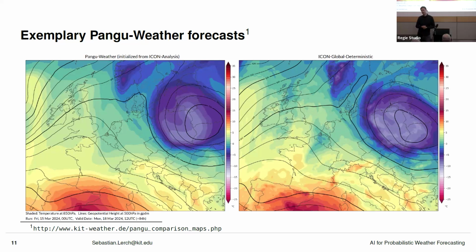So what we are doing, we are running this Pangu-Weather model quasi-operationally every day, and we start this from initial conditions from the physical model of the German Weather Service. So you can see two forecasts here. Left-hand side is the AI weather model forecast started from the initial conditions of the physics-based model forecast. And on the right-hand side is the corresponding physics-based forecast of the German Weather Service. These forecasts were initialized on Friday last week when I made these slides, and that should be valid approximately now. And you can see that they look fairly similar. There's a bit more fine-scale detail in the physics-based model forecast, but the overall picture does look very similar.